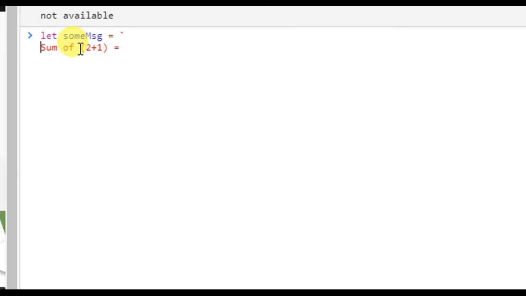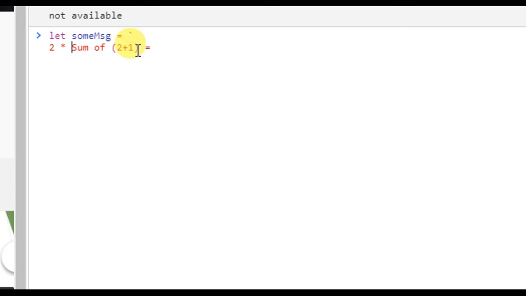I am just using 2 multiplied by sum of this. I just want to show you something like this, 2 multiplied by 2 plus 1. Okay, so in this I will put a nested template literal.